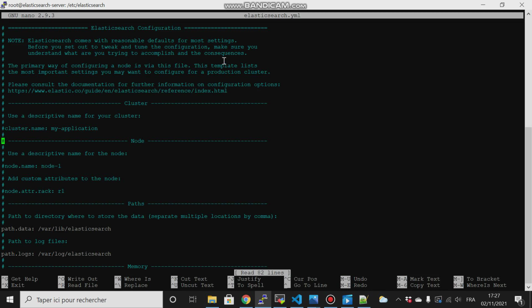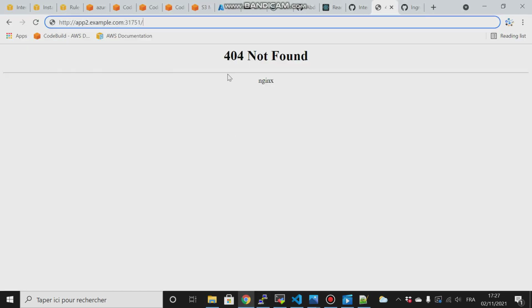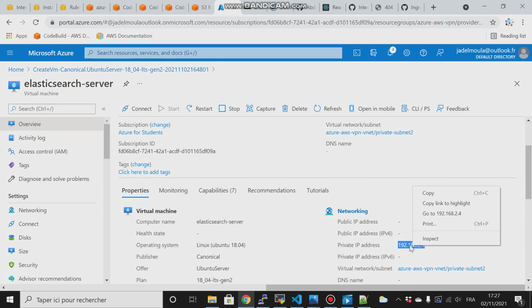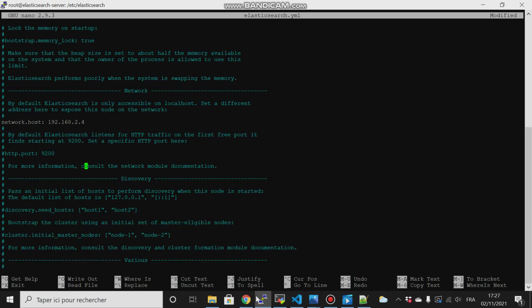and then we have to change the node name, and scroll down here as well. And for the network host, I have to come back here, and this is its IP address, that is 10.2.4.24, right? Scroll down here, and discovery,